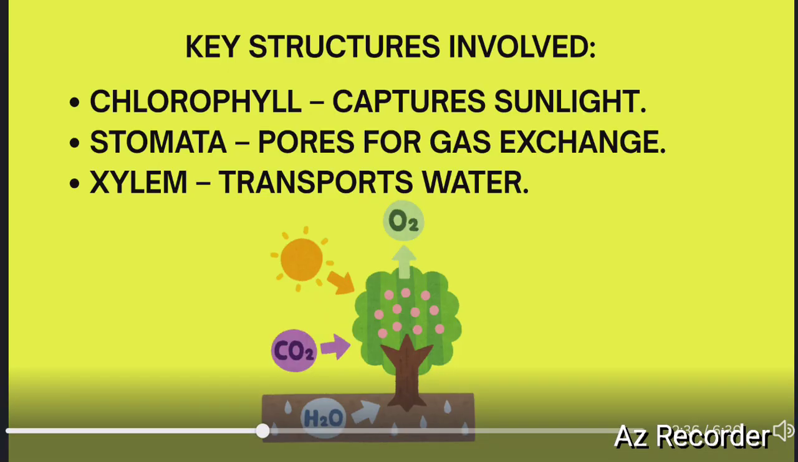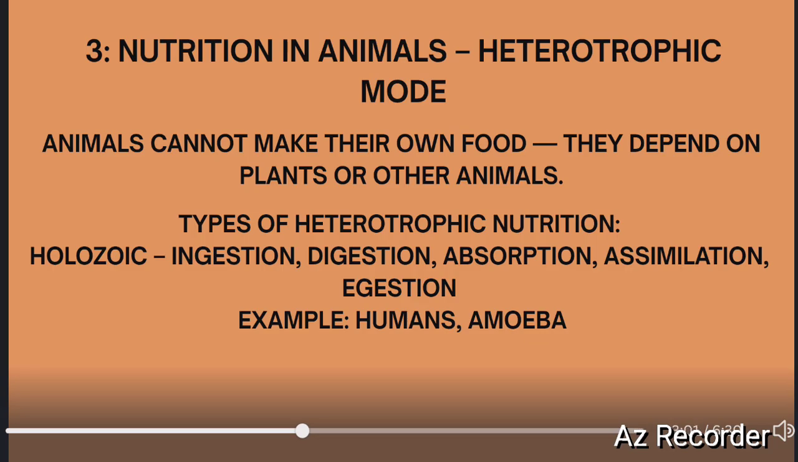And next, coming to the nutrition in animals. So nutrition in animals mainly takes place by the heterotrophic mode, right? Why? Because animals cannot make food material. Okay, they depend on plants or even on other animals. Okay, what are the main types of heterotrophic nutrition? That is